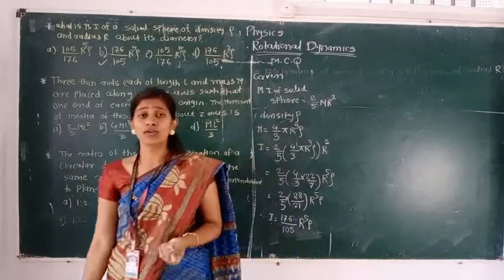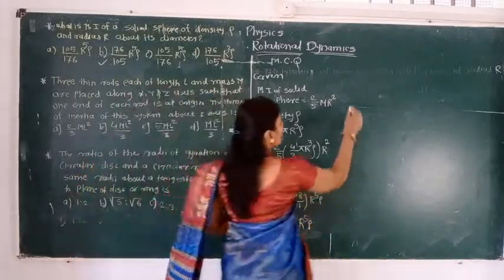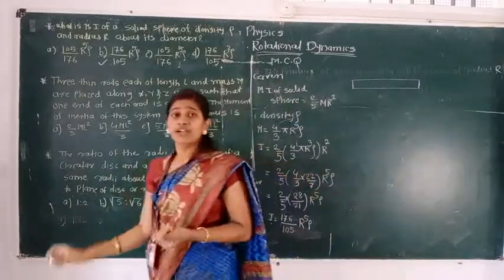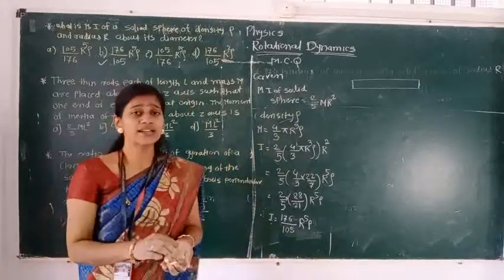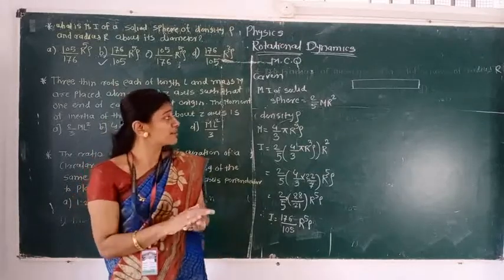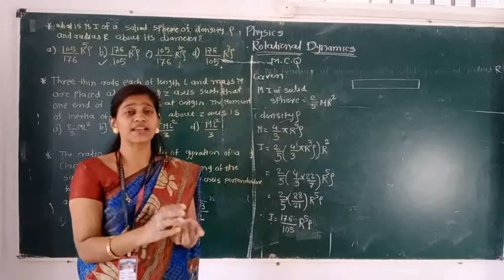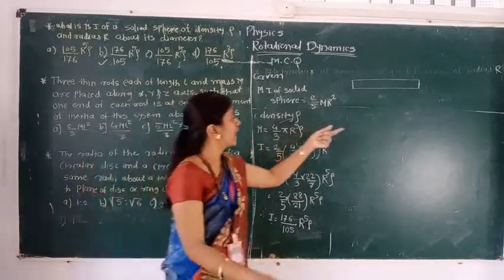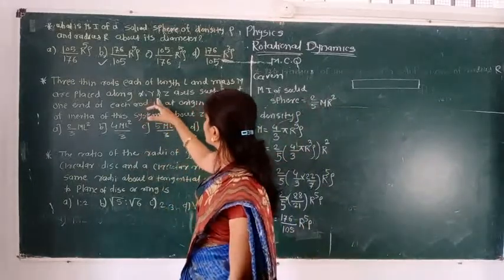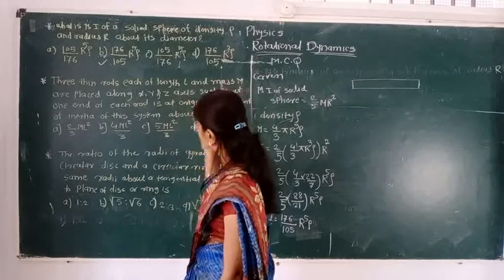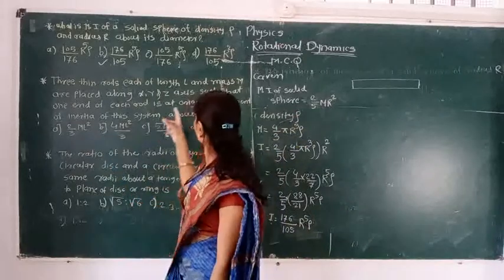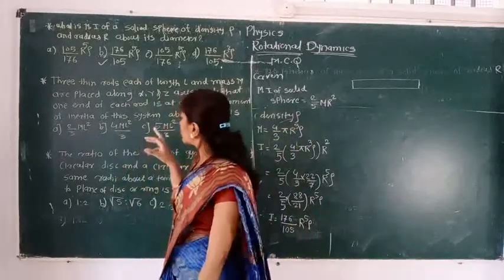In that, we know that when we are talking about the rod, in that rod length and breadth, the two factors are there. So that rod is two-dimensional. So moment of inertia, we are taking three such rods. They are placed along the x axis, y axis and z axis such that one end of each rod comes at the origin. The moment of inertia of this system